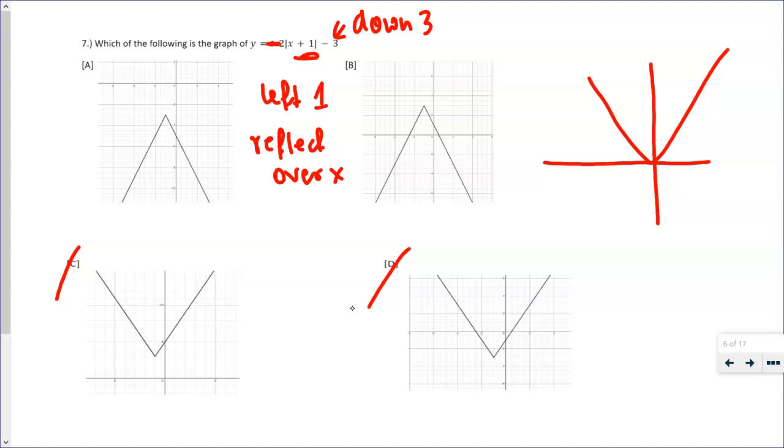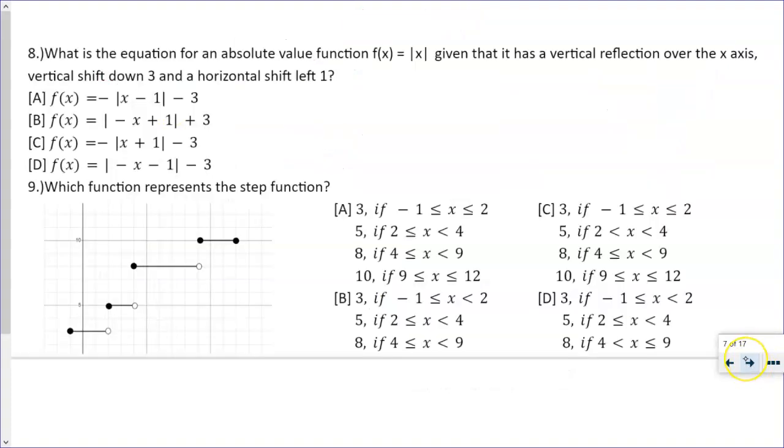Now, I am moving down 3. So from here, 1, 2, 3. Okay, I moved down 3. So right here, I went up. So I know it's not B, it's going to be A. But let's just confirm. I moved down 3. I reflected over the x-axis. I moved down 3. And now I moved 1 to the left, which is correct. Let's answer A. All right, question 8 is what is the equation for an absolute value function when you're starting